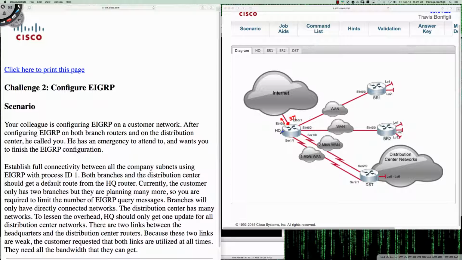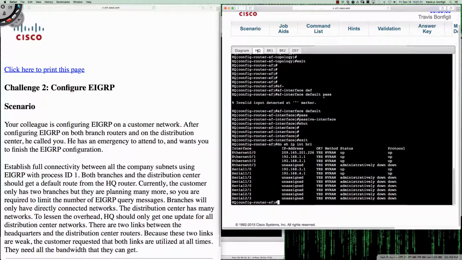Probably not. So we're going to go ahead and leave that as passive. However, Ethernet 01, 02, and then our two serial links, we definitely want EIGRP to be running on those interfaces. So let me go ahead and drop back into config mode here, and let's jump on the HQ router, and